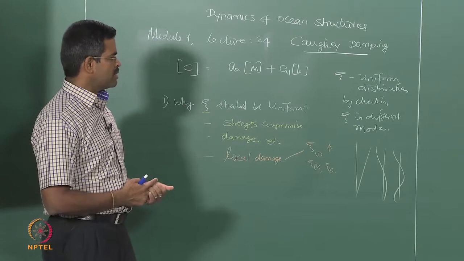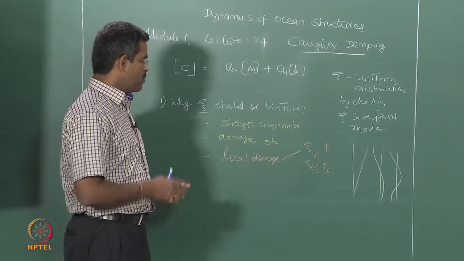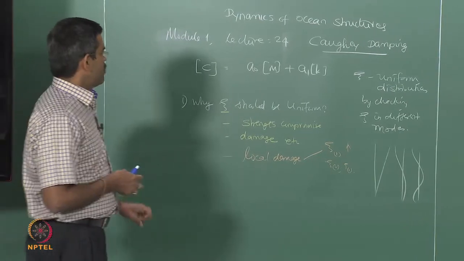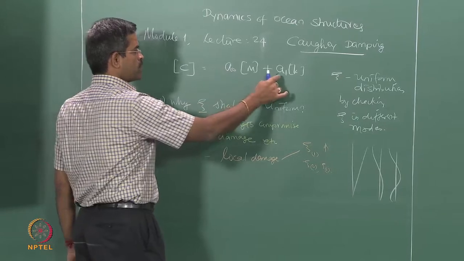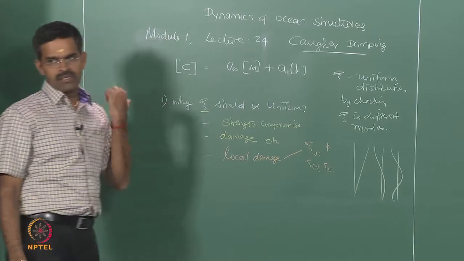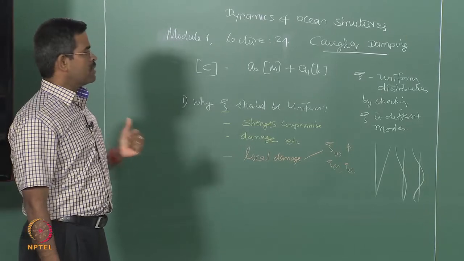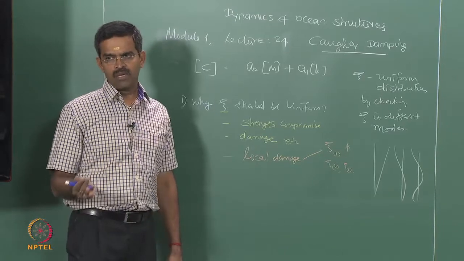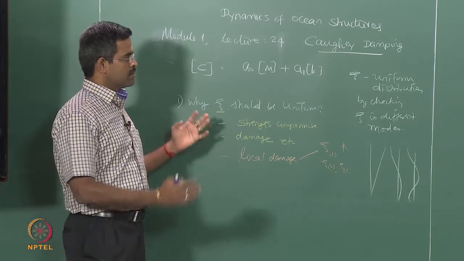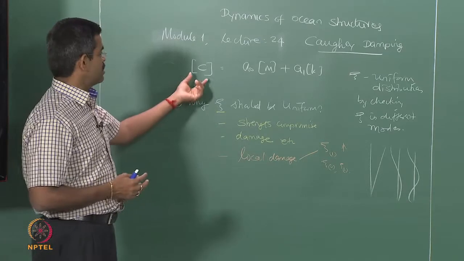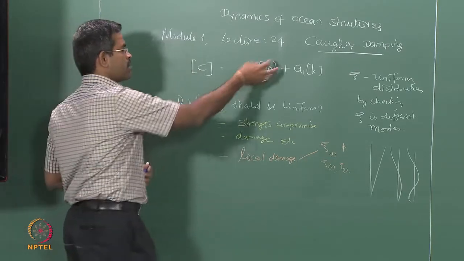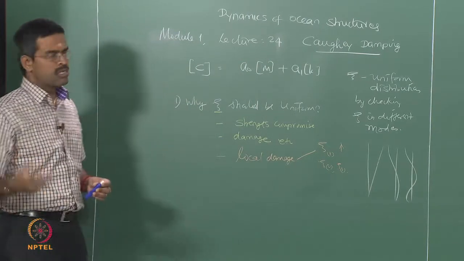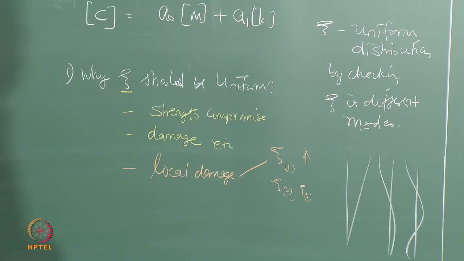So, you must ensure that damping should more or less be uniform, which is also a prerequisite of a classical damping. So, mass proportional damping alone or stiffness proportional damping alone was not establishing this factor, because experimental studies show that both of them, in their own capacity, do represent the actual damping phenomena. Therefore, Rayleigh combined them and suggested a model where a proportion of mass matrix and a proportion of stiffness matrix is taken and C can be worked out, and we also demonstrated an example in the last lecture of how zeta can be